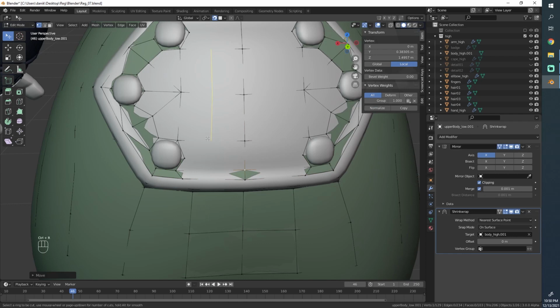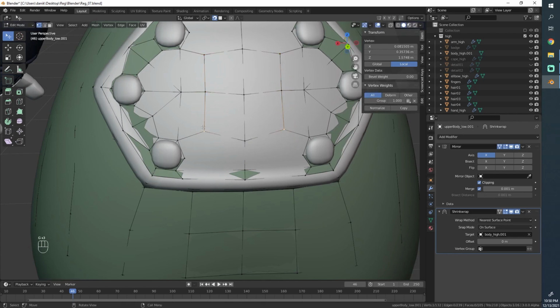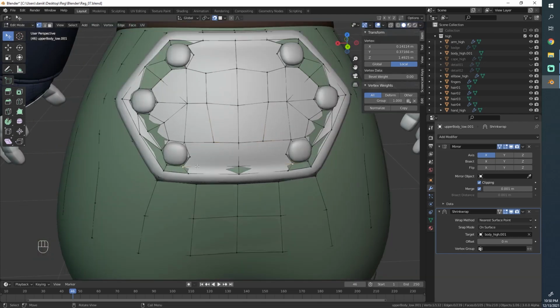I'm also thinking it would be nice if we could make a cut here. Maybe that helps us a little bit. Or maybe it doesn't. But I really don't want to add another cut here. I feel like that's just a waste in this section. So maybe we just do that.